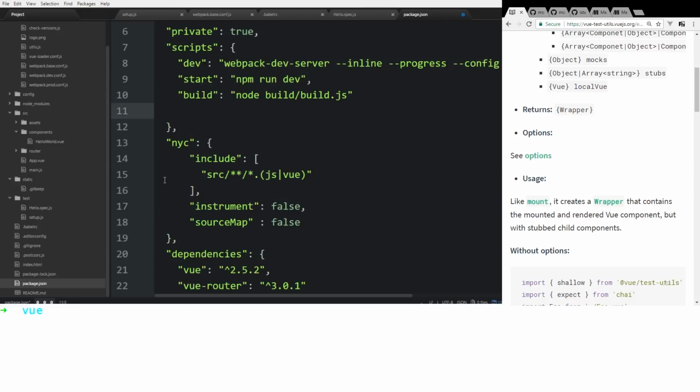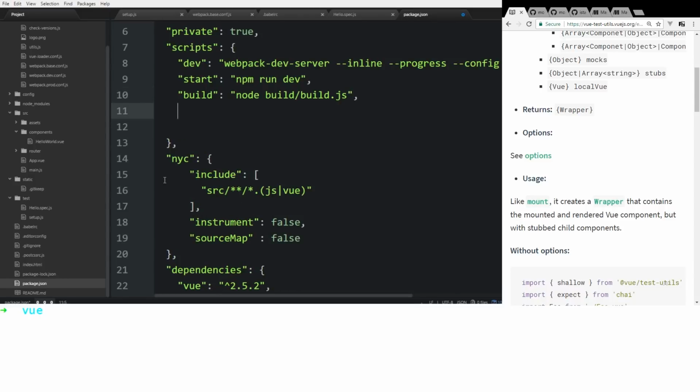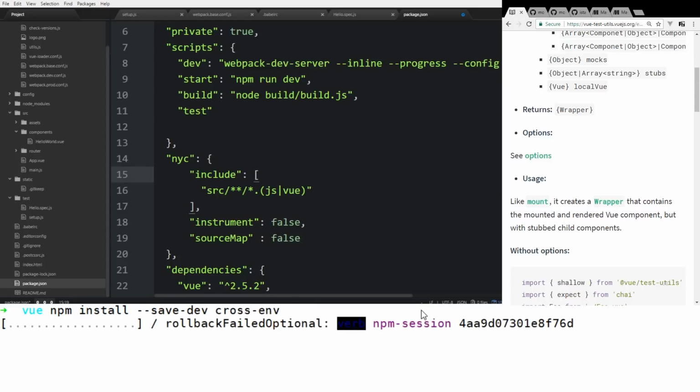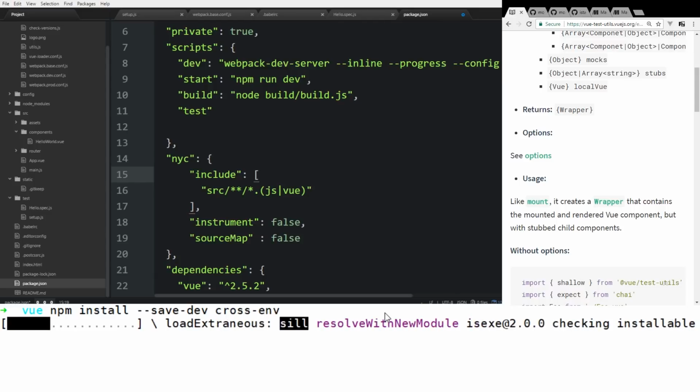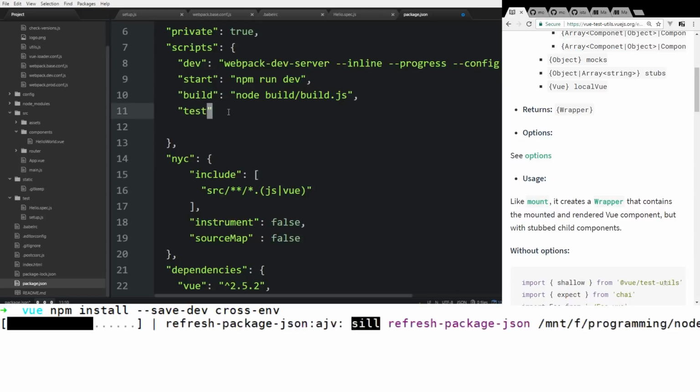And then one last thing here is we'll need to add in our test. So I'm going to copy and paste this, but I'll go over it. So in our test, one more thing we should install. npm install cross-env. This is just another tool to help us if we're using special variables in our app here. I'll show you how this works. So we will install that, and while that's installing, we can do this,